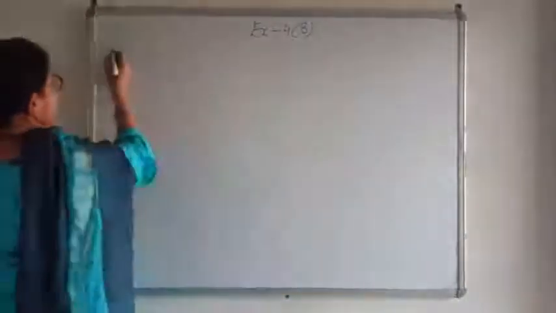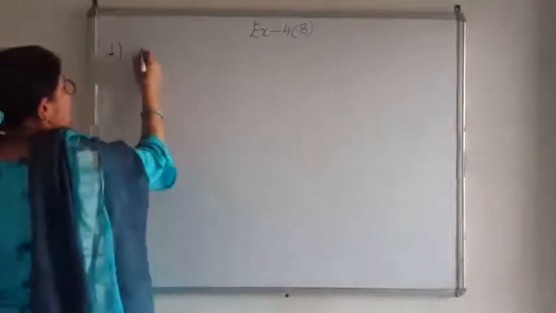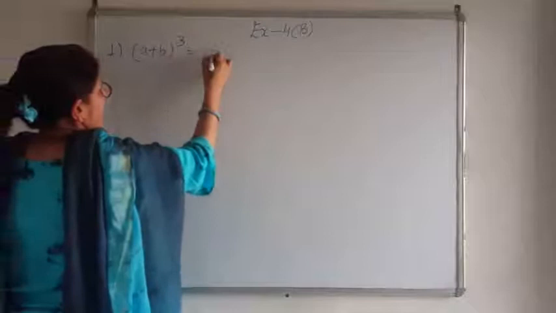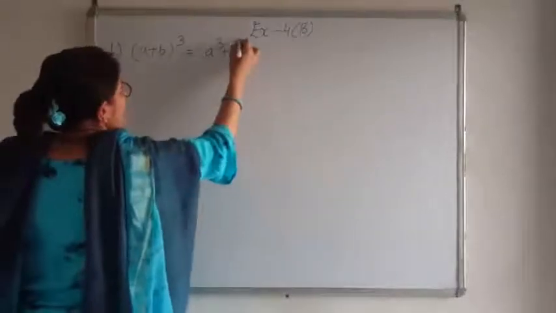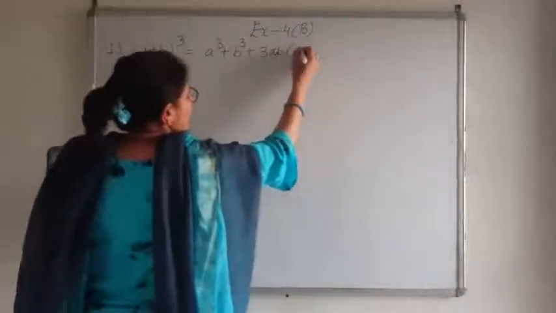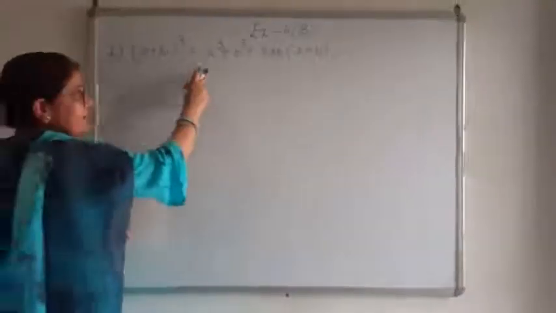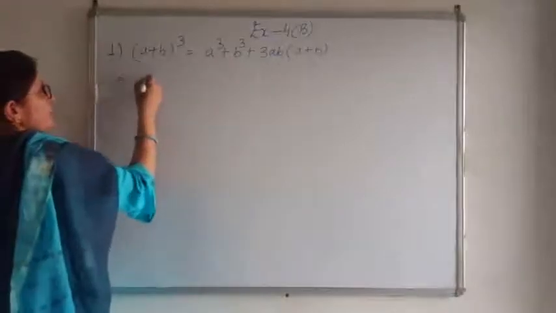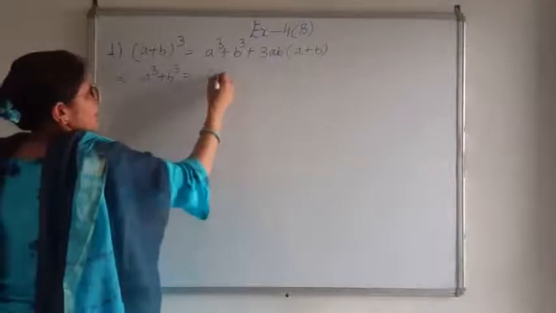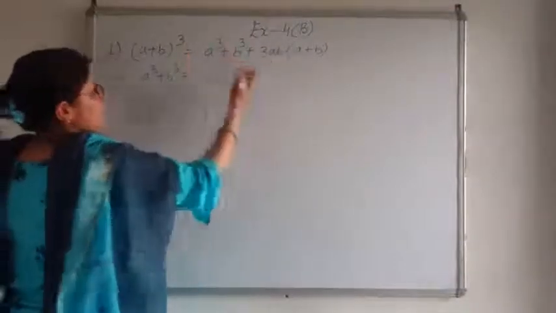So the first identity: cube of a plus b equals a cube plus b cube plus 3ab into a plus b. By this identity you can find out a cube plus b cube equals (a plus b) cube, and this plus term will go there in minus,